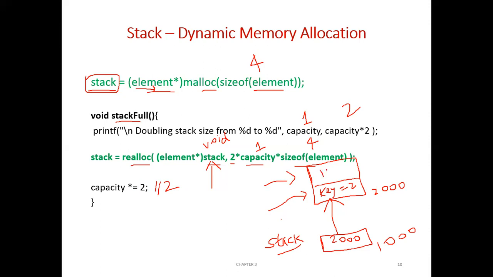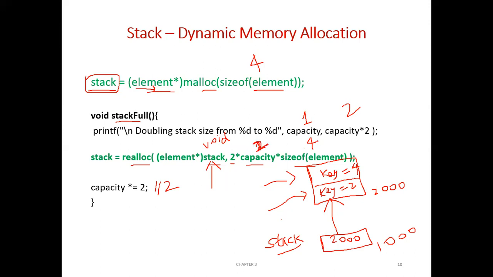So now you can push another value like k is equal to 4. But if you try to push one more element, 3, then again the stack is full. So once again, whenever the stack is full, the stack full function will be called and the memory will be reallocated. Now how much will it allocate? Whatever the stack pointer is, it will be reallocated by 2 into capacity. Now what is capacity? 2. So 2 into 2, 4.